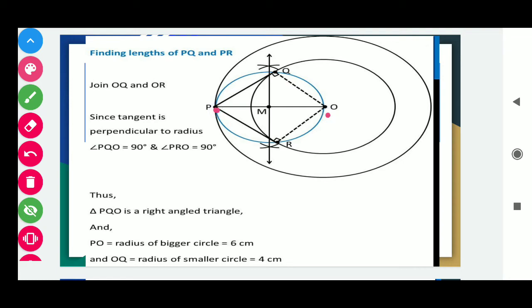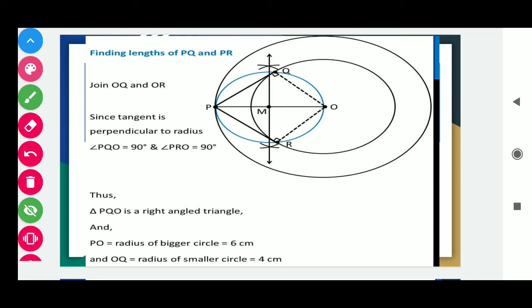Students, how do we make a perpendicular bisector? Place your pin point at O and draw an arc in the upward and in the same way in the downward direction, and similarly put your pin point at P and mark an arc in the upward and downward direction. These points must intersect. Now join these 2 points. In this way we make the perpendicular bisector.